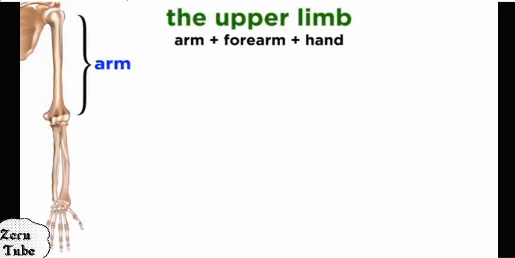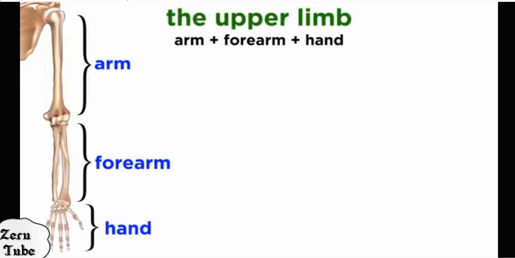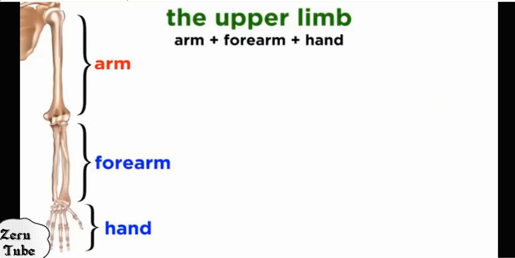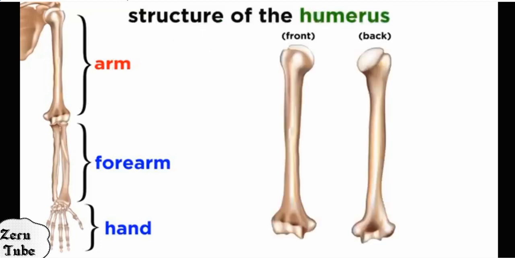Let us see the bone of upper limb. The bone of upper limb can be divided as 3 parts. The arm, forearm and the hand. Arm, forearm and hand. So arm, forearm and hands are called upper limb. በተለምዶ we can call that the upper limb is arm. arm እንለዋለን። ነገር ግን arm is the first parts of the upper limb. It is not the whole things are arm. ሁሉም ነገር arm ብለን አንጠራው።